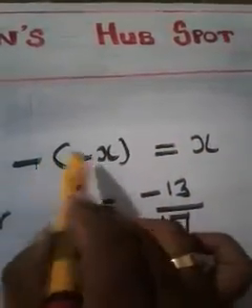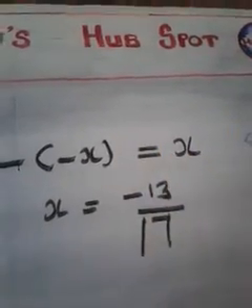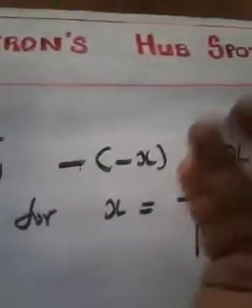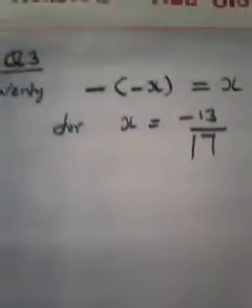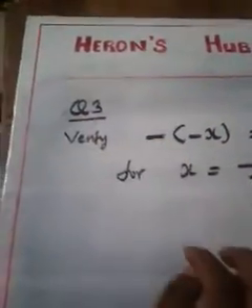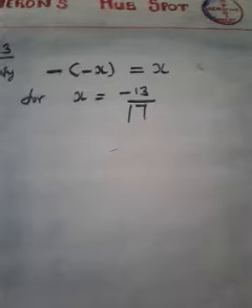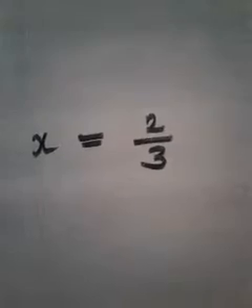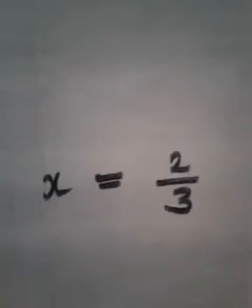Why? Because when both minuses come together, it will be plus. The answer will be plus x. Since the sign is plus, they are not writing it. So the result is very trivial for us, but we have to verify this using some example. x is equal to minus 13 by 7, you have to substitute, and I am going to select another question, x is equal to 2 by 3. In your textbook, for question number 3, 2 sub questions are there. One sub question is this, and the other is another sub question. You have to try it as an activity, and I am selecting another question. It is not included in any of the sub questions. This is one sub question, and the next is for homework, and here I am selecting some other question.